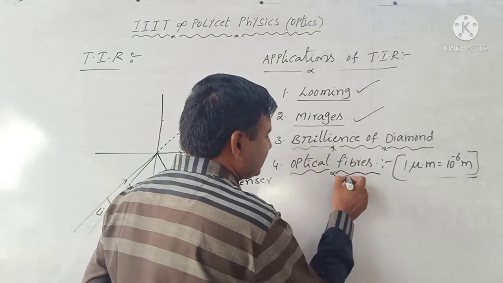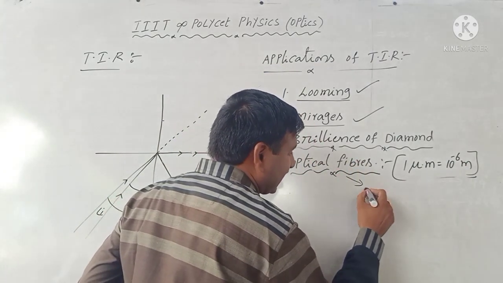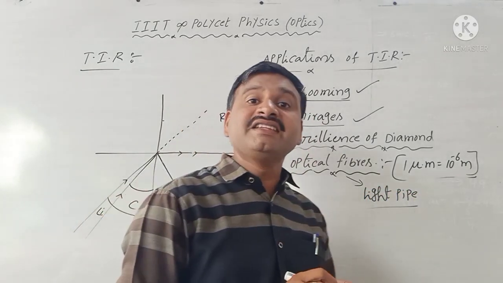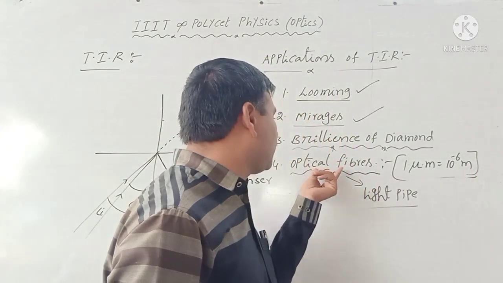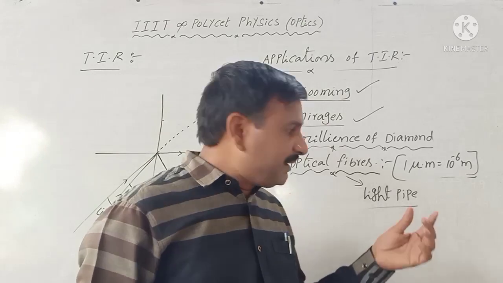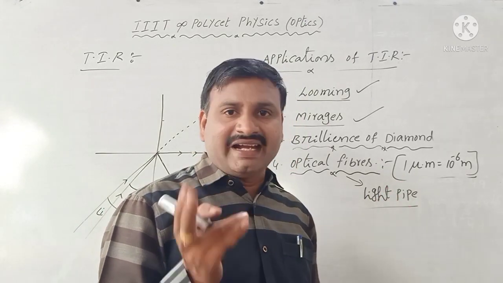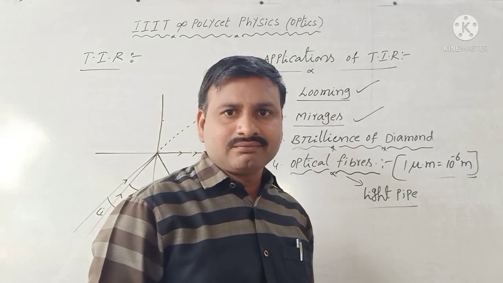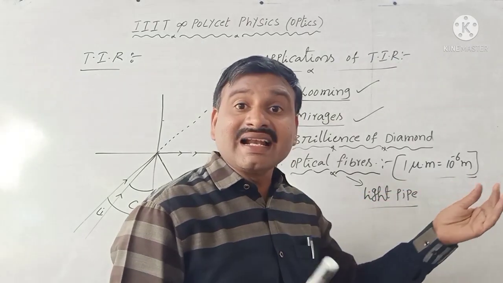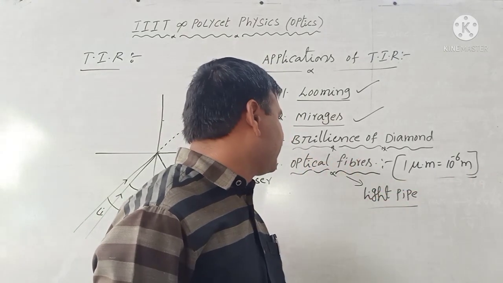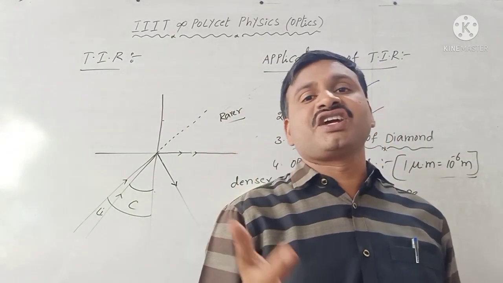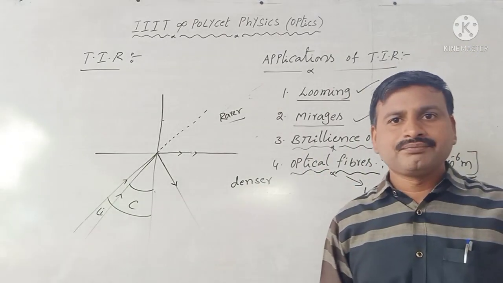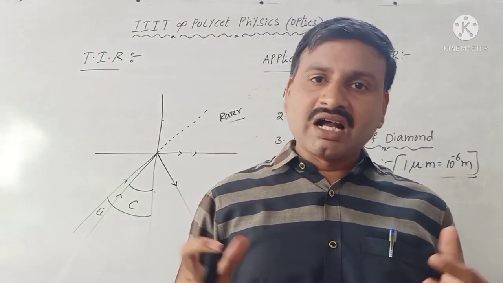A bunch of optical fibers is called a light pipe. What is a light pipe? Bunch means a group of optical fibers. It is called a light pipe. A light pipe is generally used to transmit light lengthwise. So that is the optical fiber. Generally optical fibers are used for telecommunication signals. More than 2000 telecommunication signals pass through the optical fiber. Our remaining classes, tomorrow we'll discuss it.